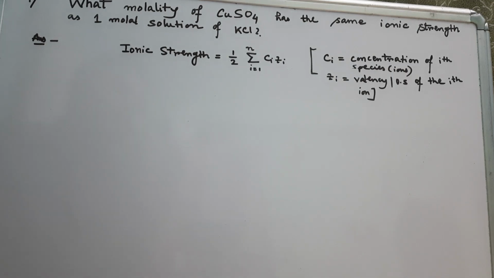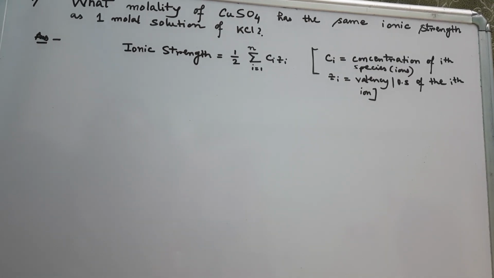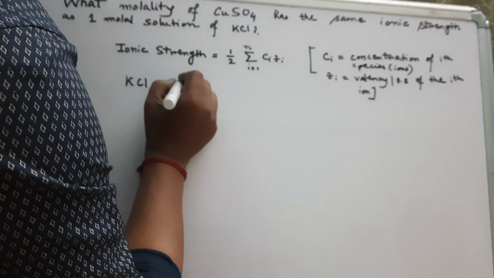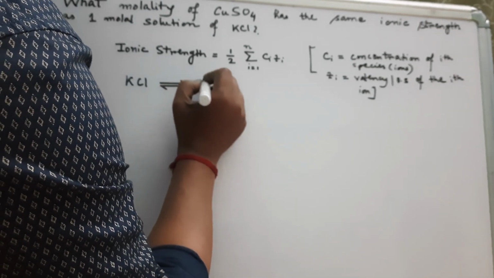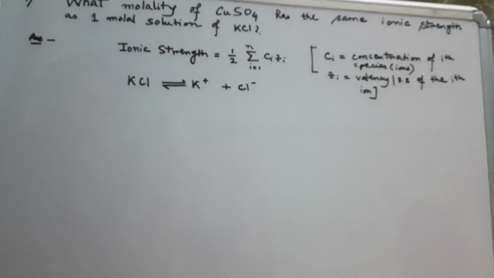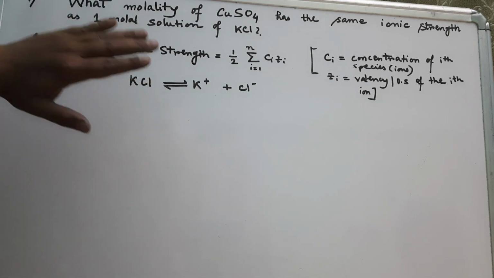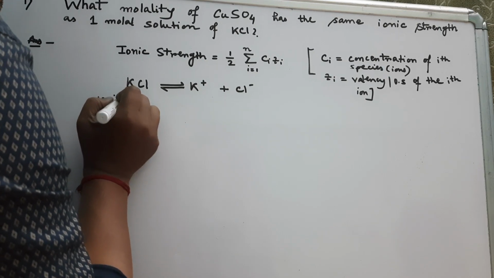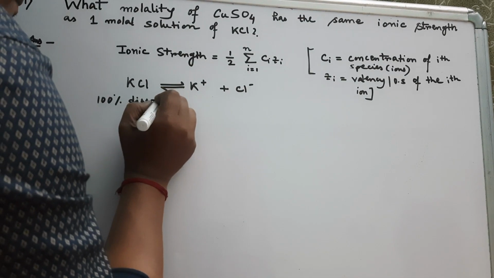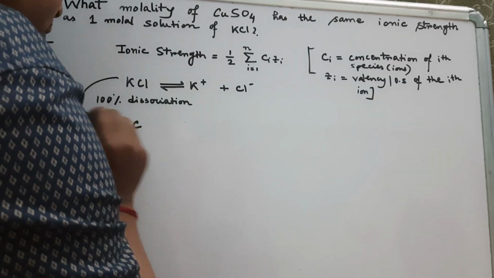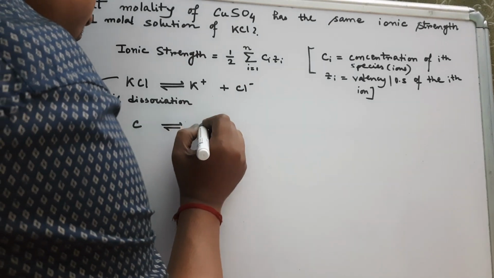So in this case, what molality of copper sulfate has the same ionic strength as a 1 molar solution of KCl? When KCl dissociates, it dissociates like this: K plus and Cl minus. Mind it, potassium chloride is a strong electrolyte, so 100% dissociation will occur. So if the concentration of potassium chloride is C, then the concentration of K plus will be C,